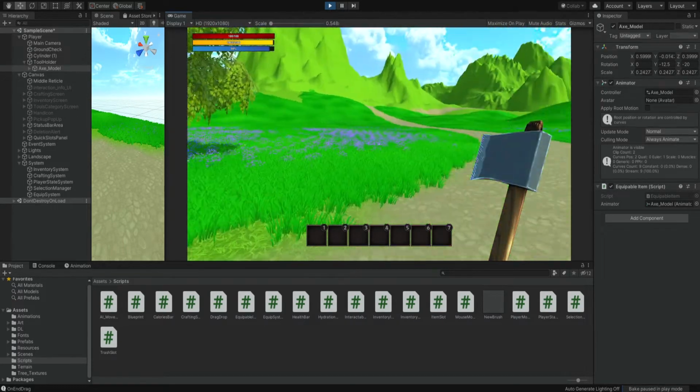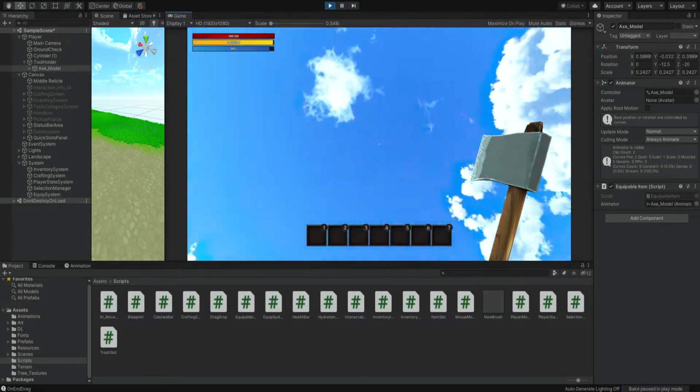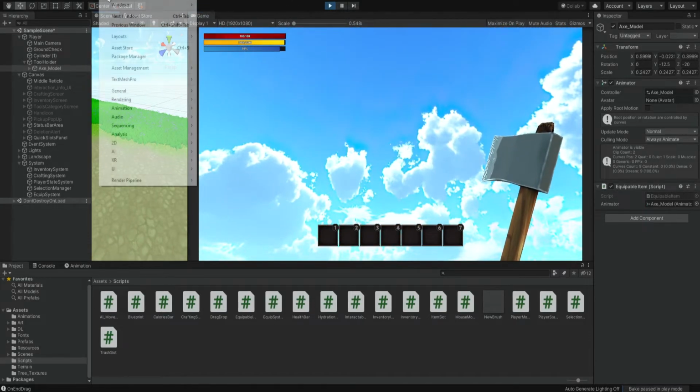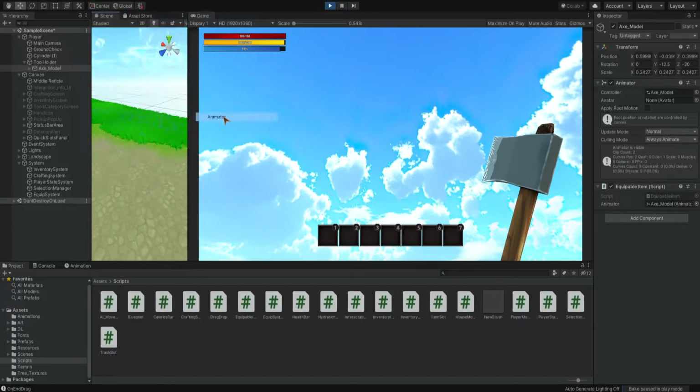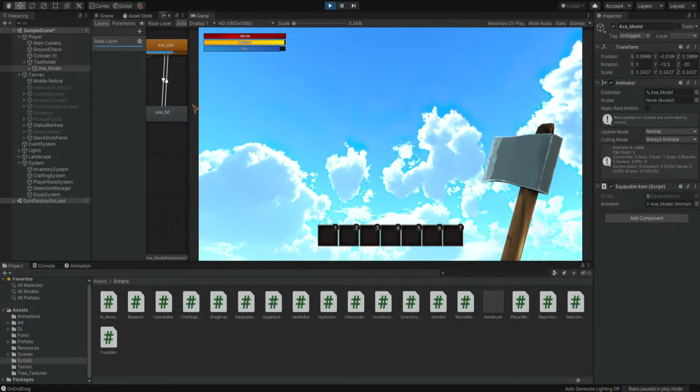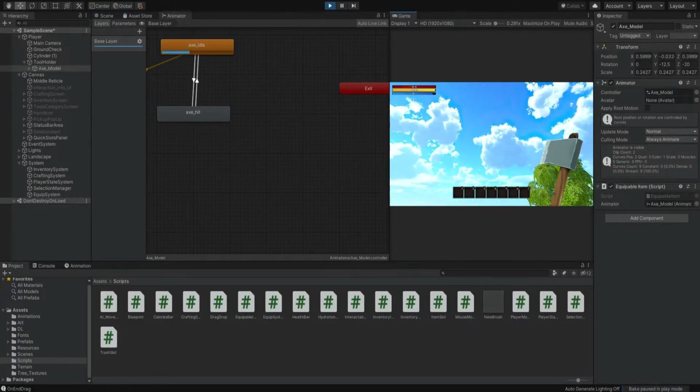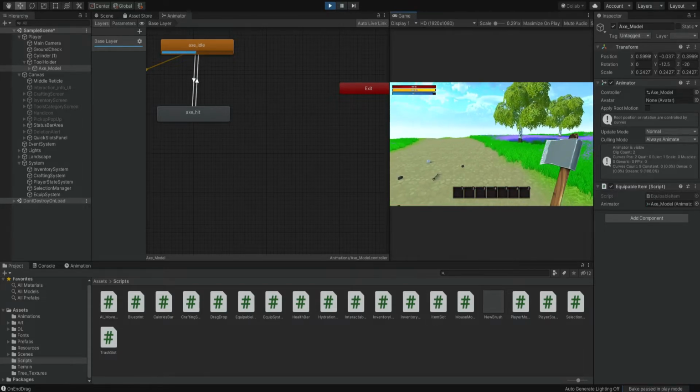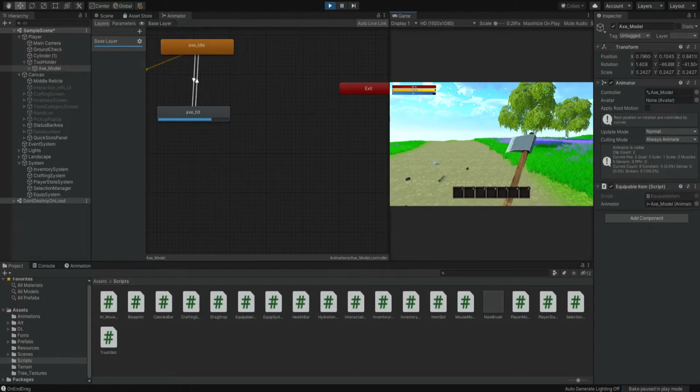But we can see that the animation is working, and we can also go to the animator, and we can see that this idle animation is always running unless we click on the mouse, and then this axe hit animation is working.